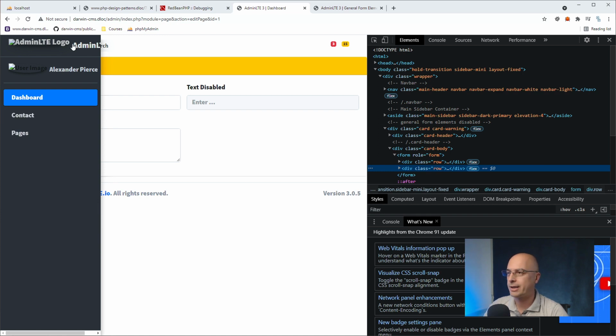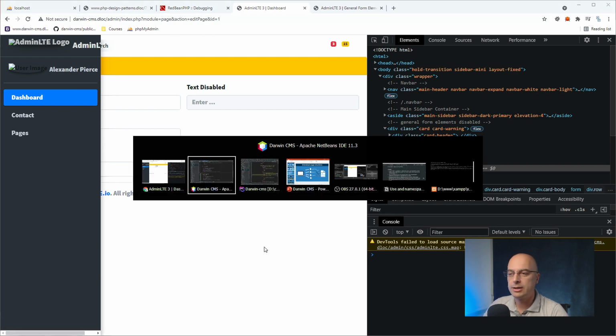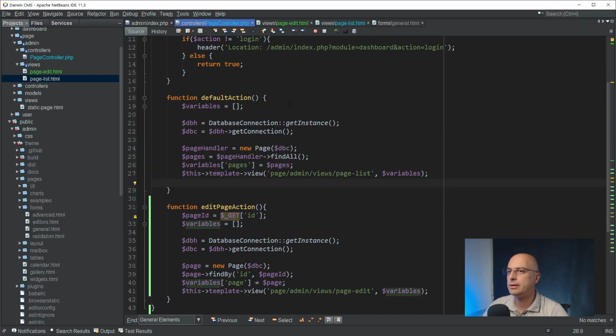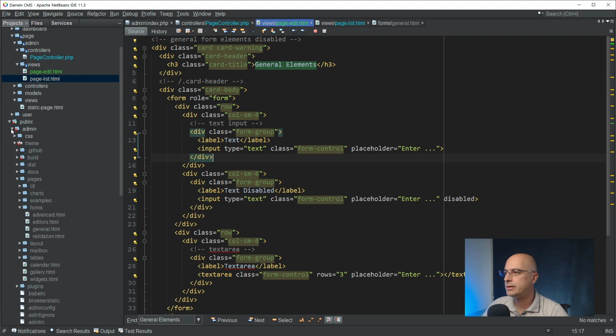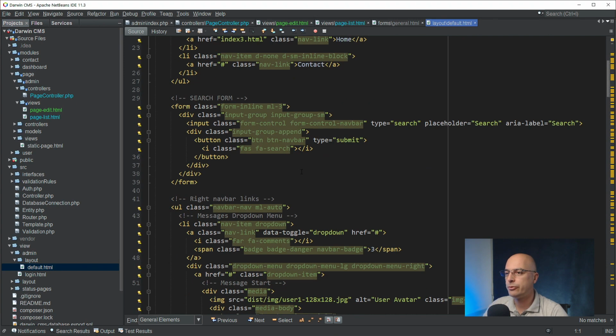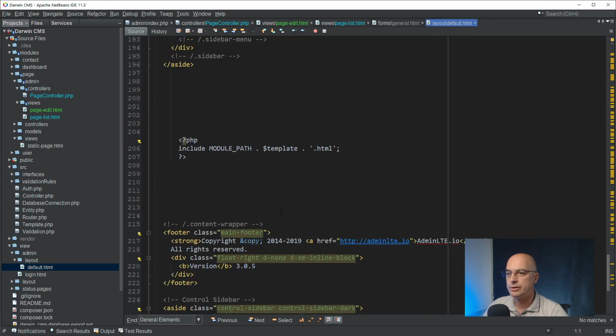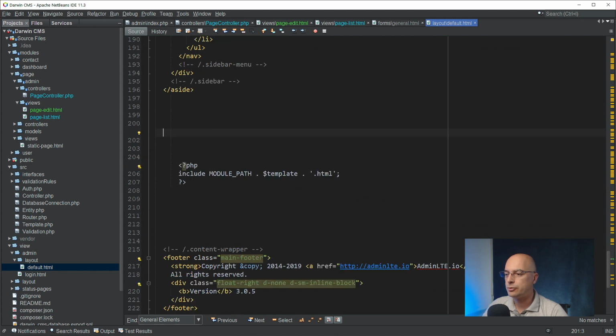Of course, we are also lacking the JavaScript to handle this side menu. That is something you can easily fix by watching the console and watching all the scripts that are needed for that one. I will quickly just add those missing divs. And the best way to fix that is inside our theme, which is in the view admin layout theme, the default theme, right? So we can just find our include of the central content, which is this one. And then we are going to add those missing divs,